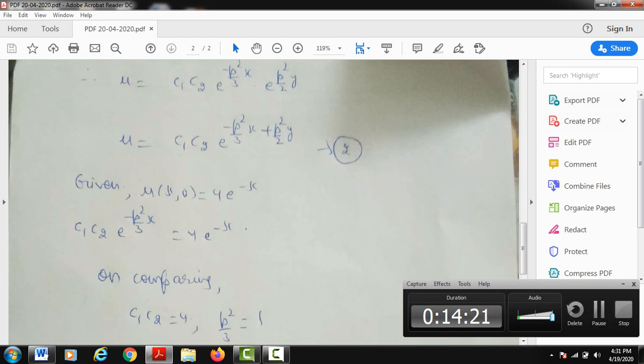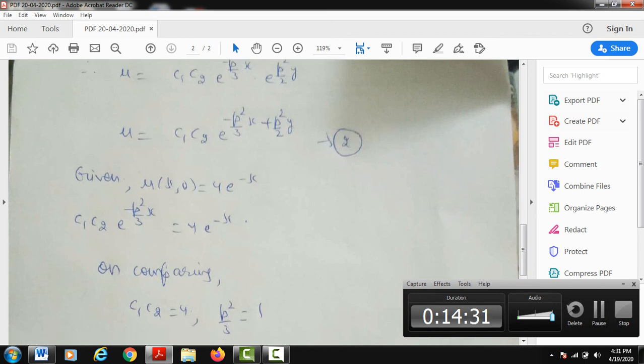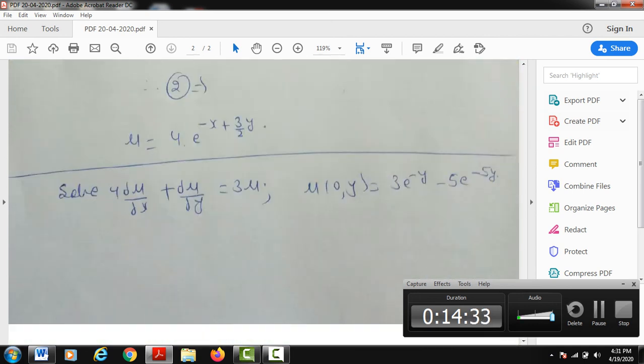So students, if the boundary conditions have been mentioned or given in the question, use them to eliminate the constant, otherwise the question will end there. Okay, so hopefully the method is clear to you, and there is a question for practice also. Please try this question yourself, and if you are unable to solve it, please contact me.